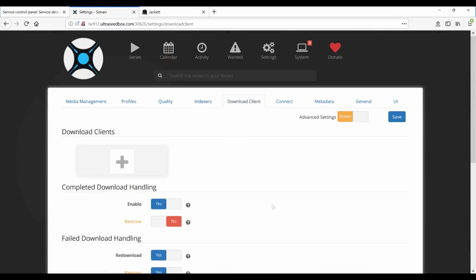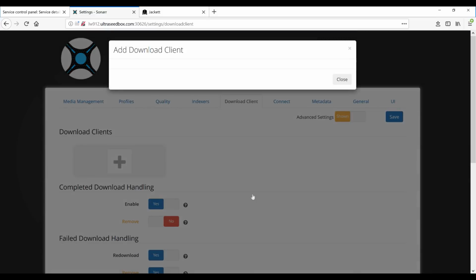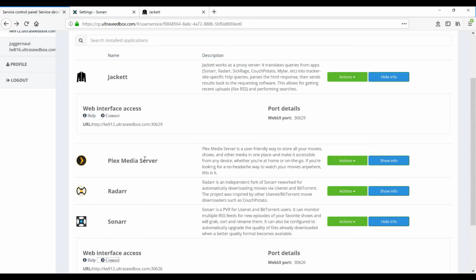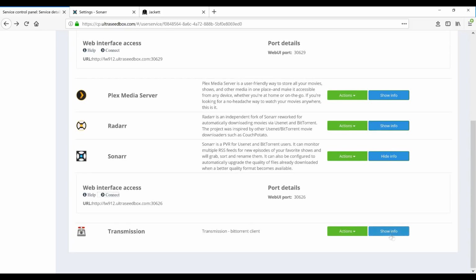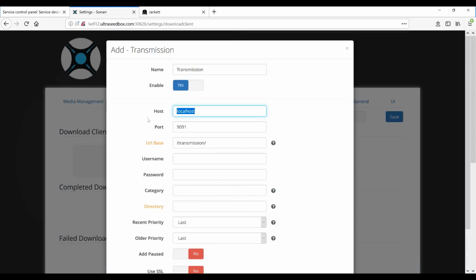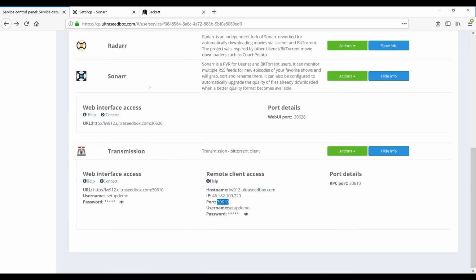Let's add the download client. And the download client for this demo purposes or tutorials, we are using Transmission. So again, we need to jump back to our service control panel, and we need some information from Transmission. So from here, we need to have our host name, which you can type out. I like to use copy and paste, but sometimes it doesn't work to my benefit. And we also need the port number,